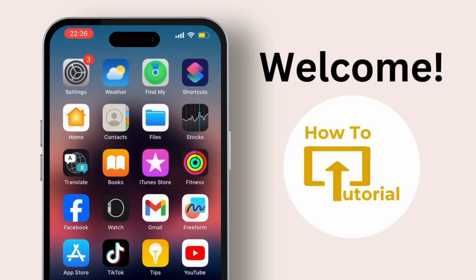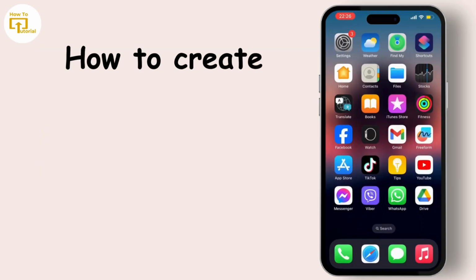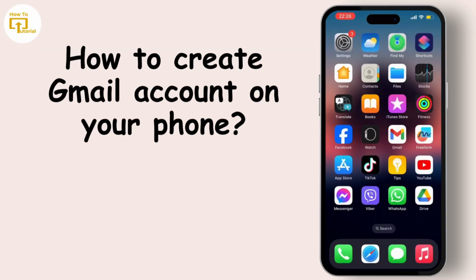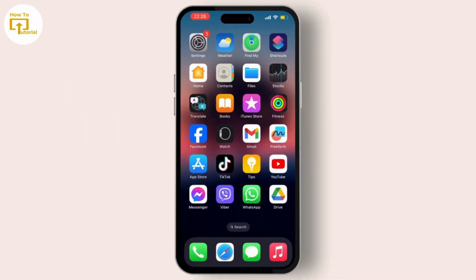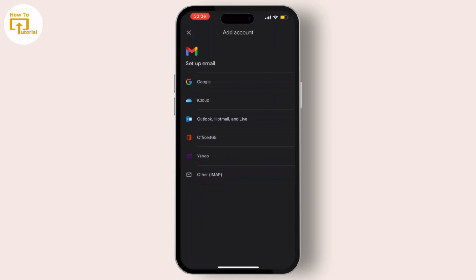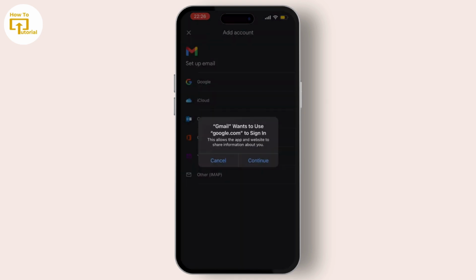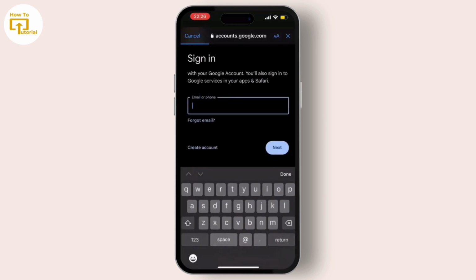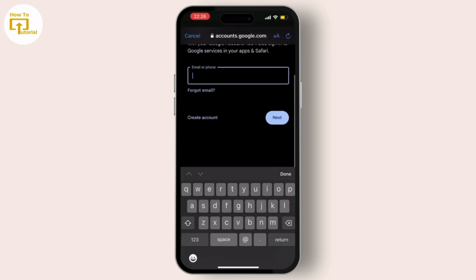In this video, we are going to see how to create a new Gmail account on your phone. For that, open your Gmail. Now choose whichever medium you want to set up your email. For now, I am choosing Google. Then select create account